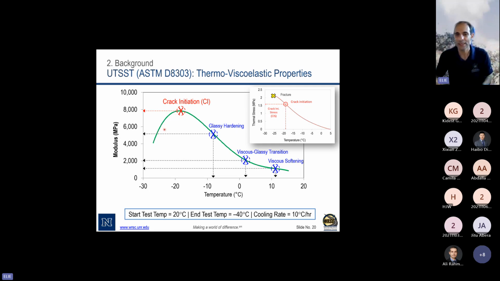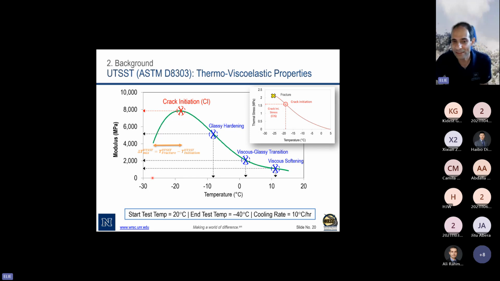until it fractures. Now, this is a good example where you see a difference between a crack initiation and a fracture. So this one started to crack at around minus 18 C, but it did not fracture till about minus 28. And that difference in the temperature between the two, between the initiation and the fracture, that's what we call the delta T UTSST. All right? Don't get that confused with the delta Tc from the binder. This is from the mix. This is testing the asphalt mixtures.